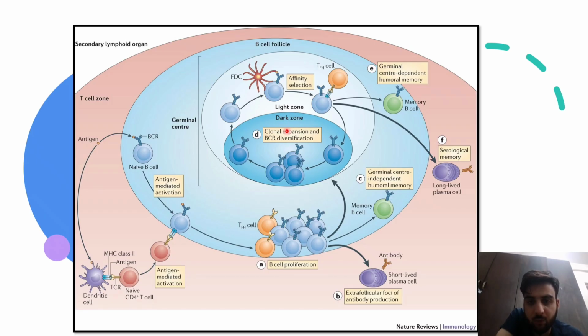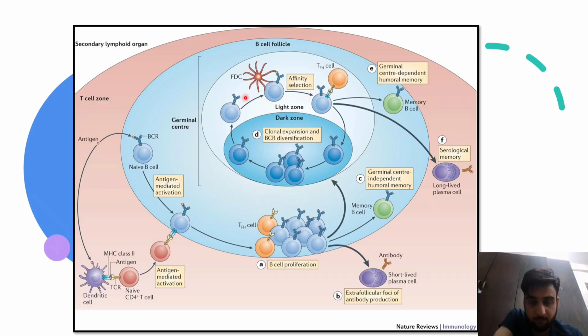One is called the dark zone, another is called the light zone. So here in the dark zone, the clonal expansion will take place and B cell BCR diversification will happen. So somatic hypermutation happens while the differences will take place and clonal expansion will happen. And in case of the light zone, there happens the affinity maturation where the selection of the cells takes